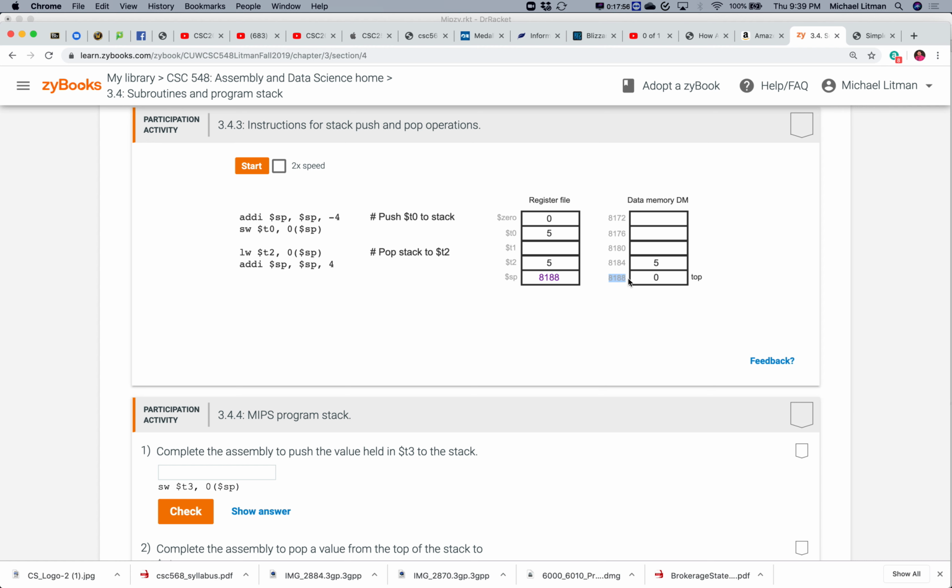So we are going from an 88 plus a -4 to an 8154. So that's the new top of the stack, or that's the new next place we're going to put things onto the stack. All right. So then we're storing into T0 whatever the current value at stack pointer is. All right, so that stores a word. Oh, actually, I'm sorry. It stores a word from T0 to the current stack pointer, which would be, I guess,